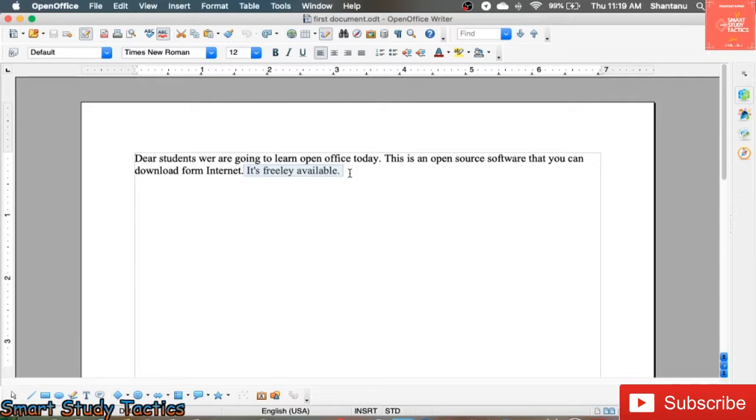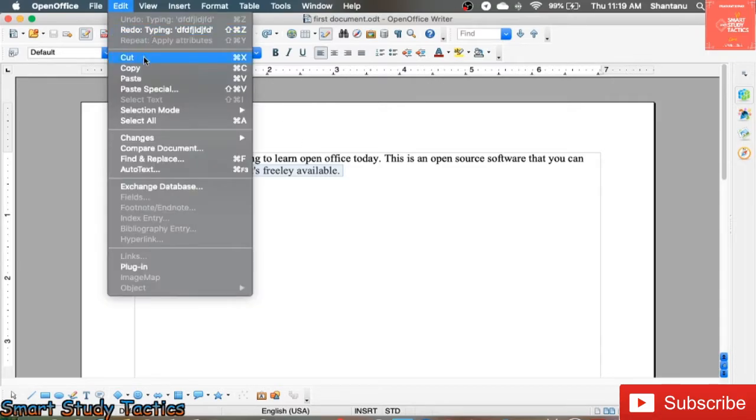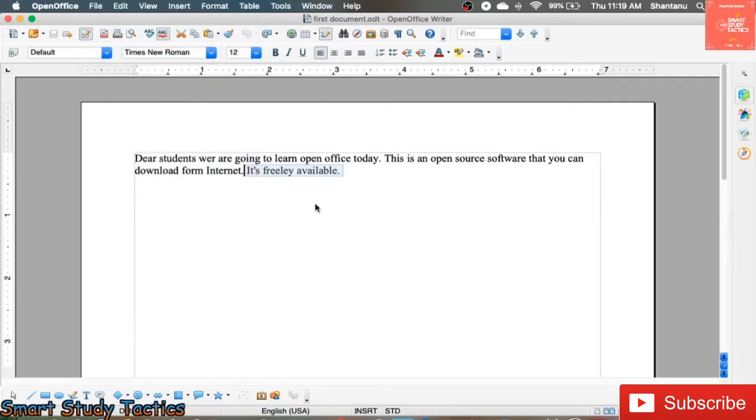Now in edit you can go and use the cut. Control plus X is the shortcut key. When I click on cut, it is going to be removed from here. Just now I selected cut, so you can see that line is not appearing here.